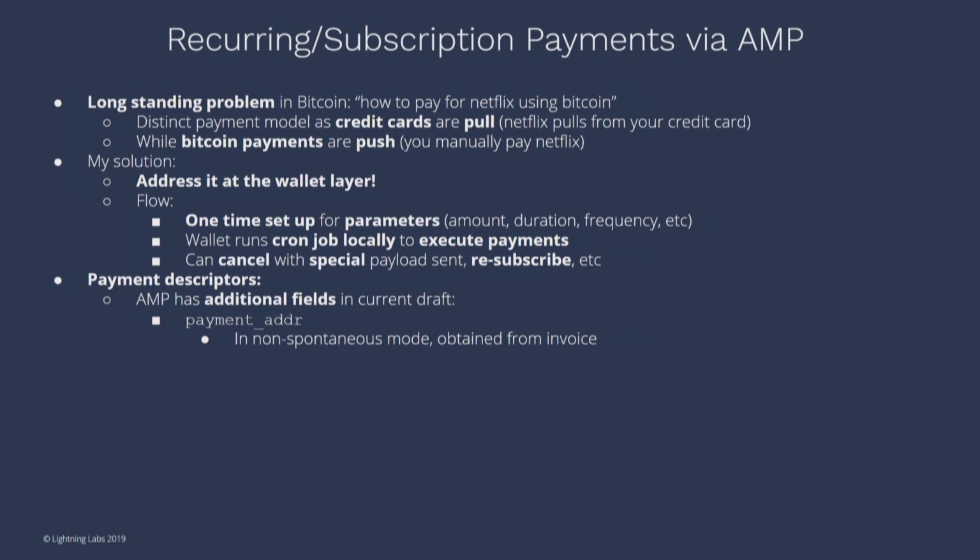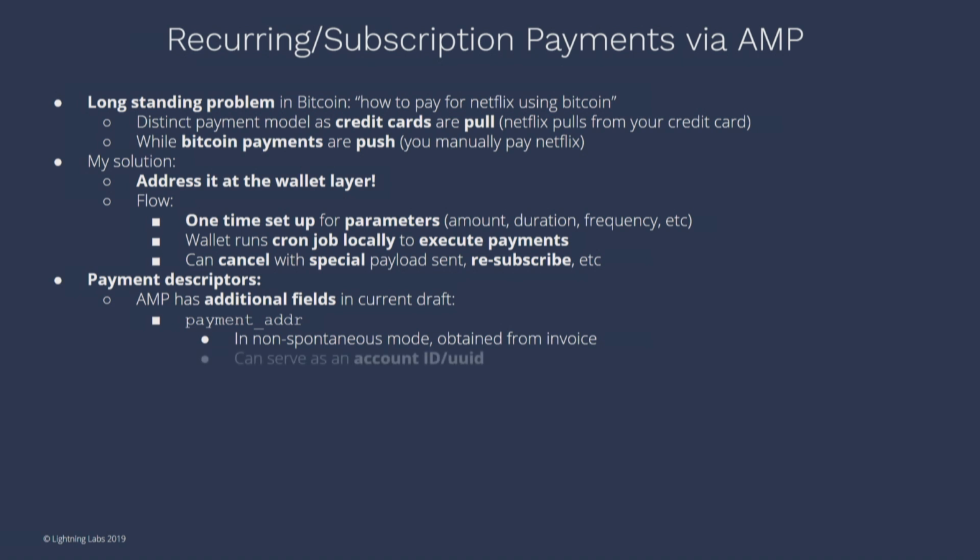So the cool thing about this is because every single payment we're going to send will have the exact same payment address, this means that the receiver can now say, okay, hey, payment address 555, that's Olaoluwa. He's going to be doing another subscription. So at this point we've actually linked our payments, which once again are fully spontaneous, with this one-time step to ensure that they're linked together. Now we actually know that this is the same subscription.